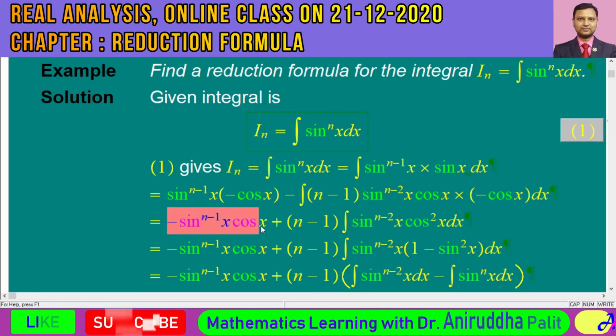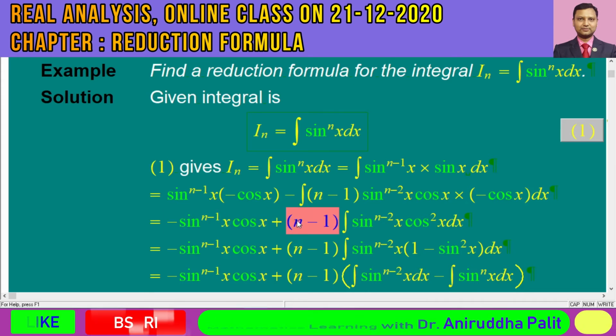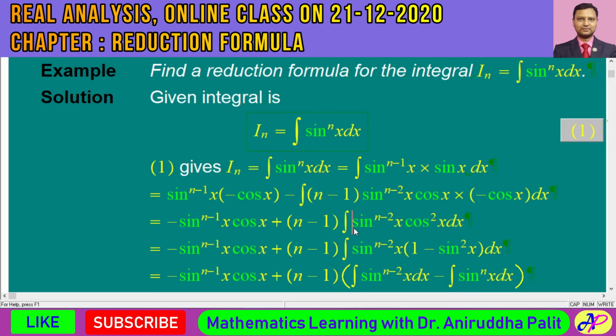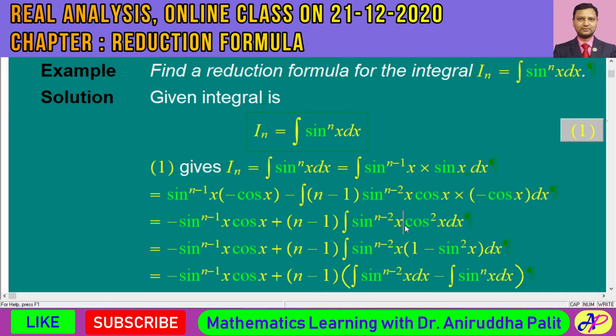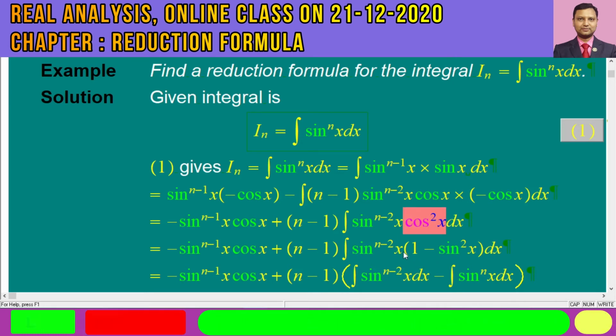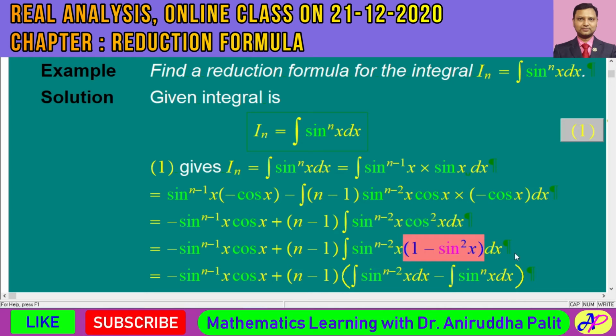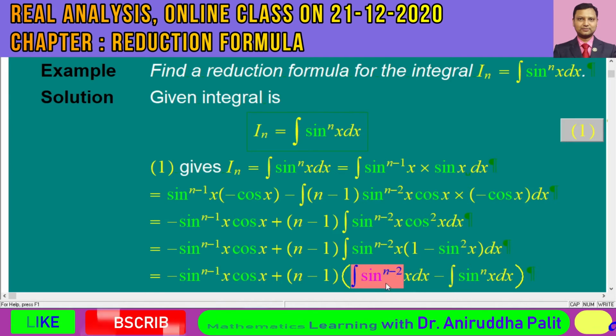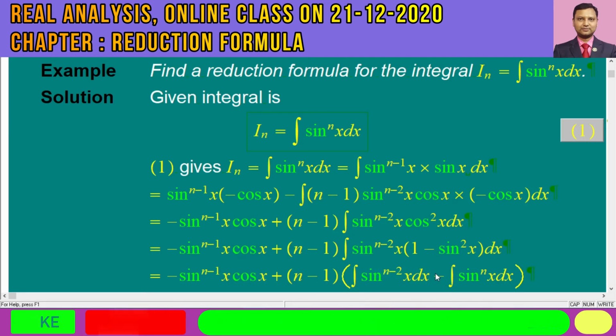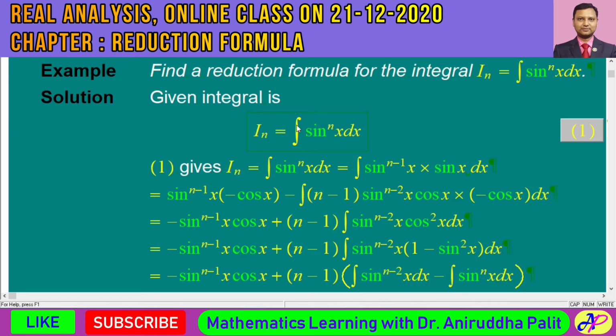So this first term is kept fixed. Then along with this plus, this n minus 1 is taken outside the integral sign. We have sine to the power of n minus 2 x and then cos x multiplied by cos x. They construct cos square x dx. And now this is the tricky part of this kind of questions. Cos square x is now written in terms of 1 minus sine square x. Why? Because our target is to convert everything in terms of sine to the power of n or maybe n minus 1 or n minus 2, not any expression involving cos,